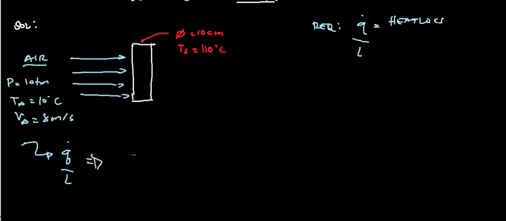Okay, so our heat loss is equal to, again, what is our heat loss? It is equal to hA(T surface minus T fluid). So we have our Q is equal to h times A,